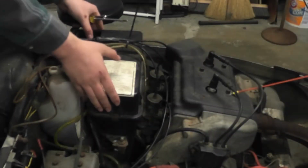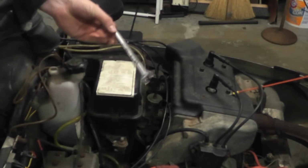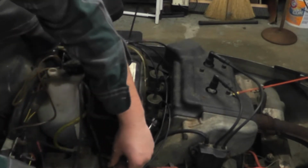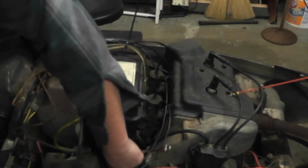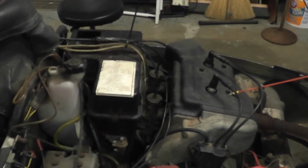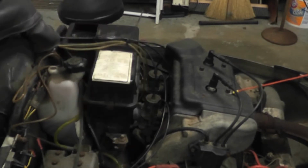First thing you're going to do is take off your air filter. What you're going to do is take your Phillips head screwdriver and your 11mm wrench, and first you're going to unscrew the screw on the side of the air filter, like this. And then you're going to take your 11mm wrench and unscrew the bolt on the other side of the air